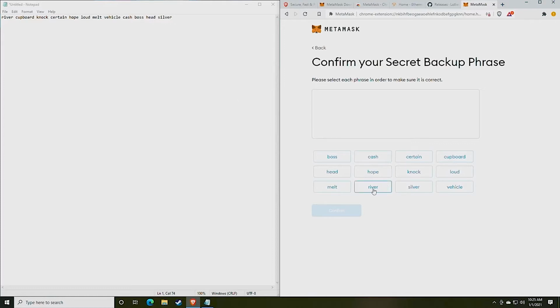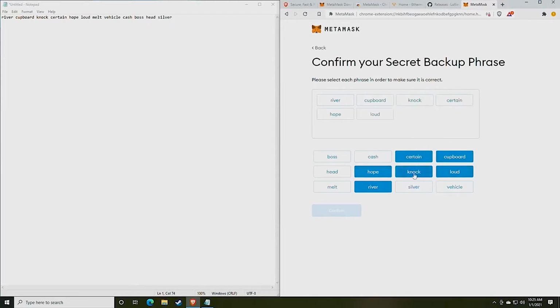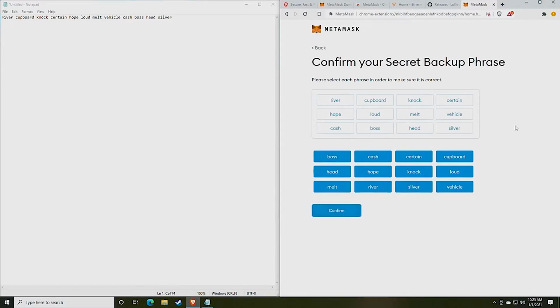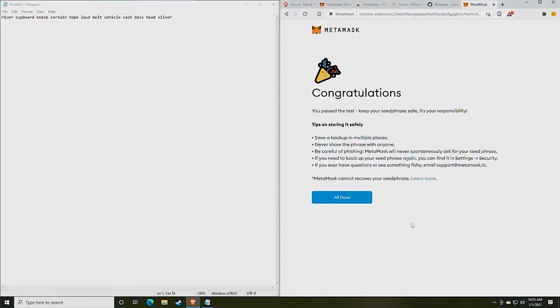So we have river, and you want to do it in order: cupboard, knock, certain, hope, loud, melt, vehicle, cash, boss, head, and silver. So now that we've put them all in order, we're going to click confirm and we can start using the